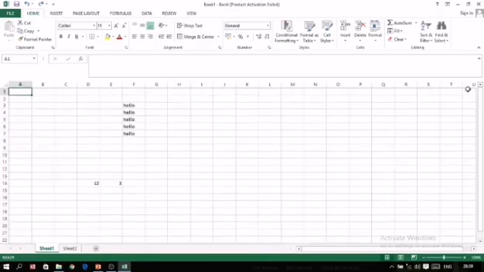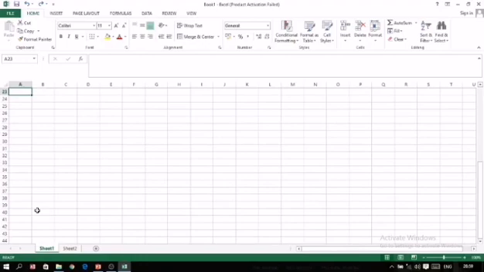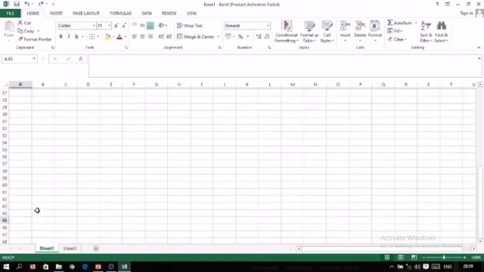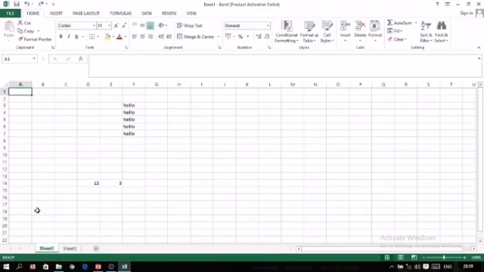In the same way, if you want to scroll one page down, like it is showing rows 1 to 22 and you want to see from 23 onwards, press Page Down. Now it is showing till 44, then Page Down again, it comes from row number 45. In the same way, if you want to scroll one screen up, press the Page Up button.